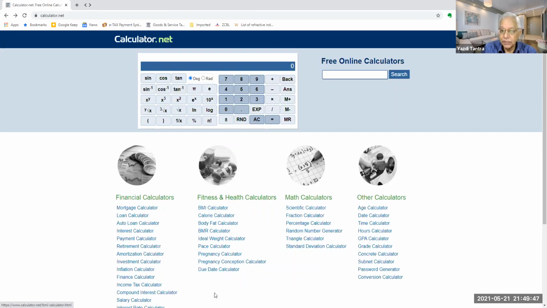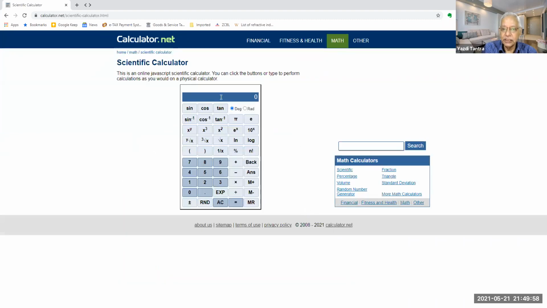Okay. Then you have the various mathematical calculators. You have the scientific calculator, which part of it you saw here, which was there by default. And then you can see the entire thing repeated here. You can do percentage calculation. You can do volume calculation. There is a random number generator.